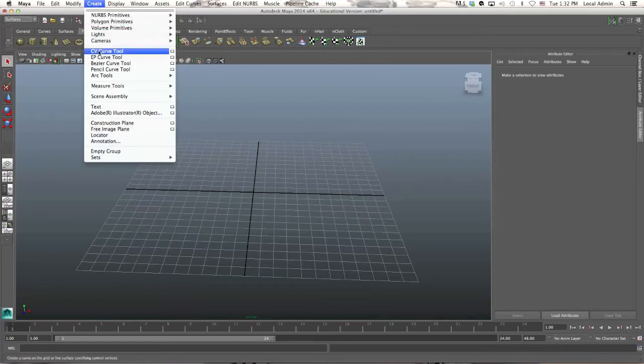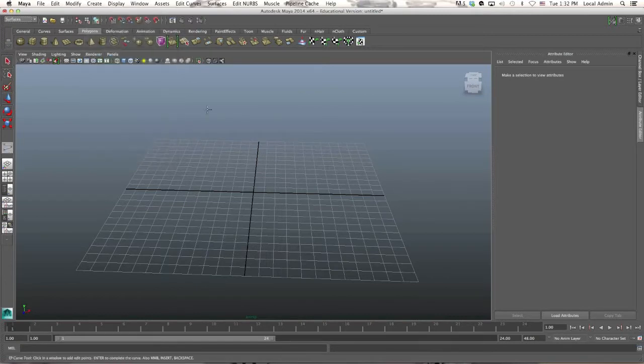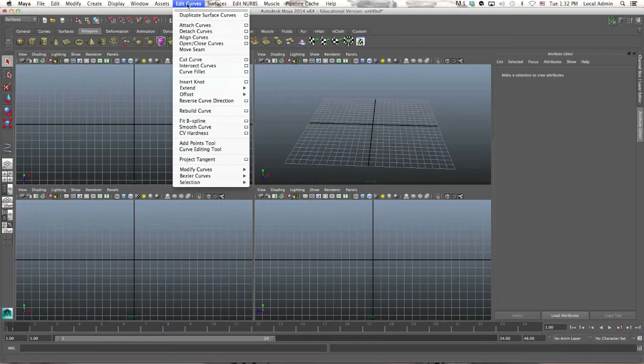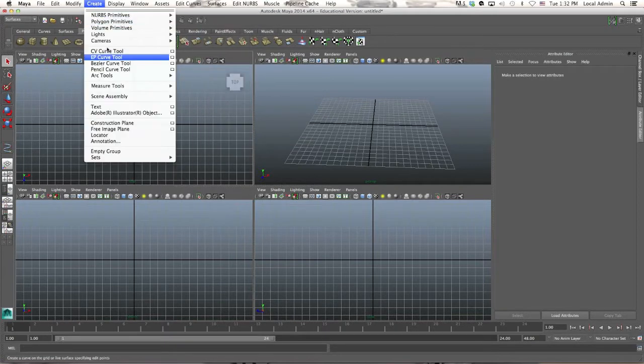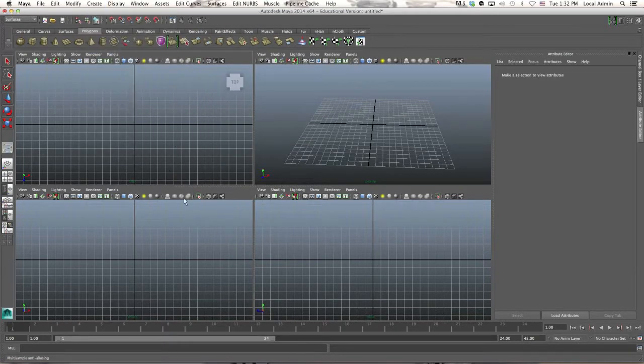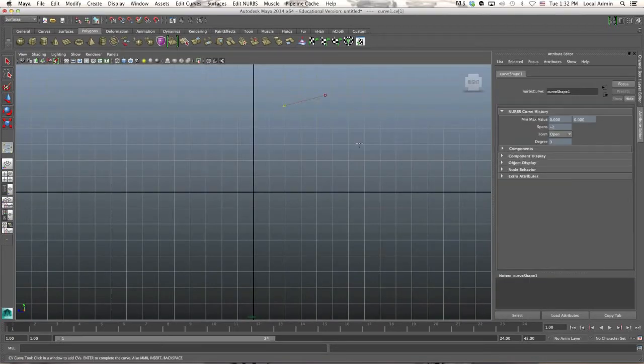So I'm going to click on Create, either CV or EP Curve tool. Play with both of them, see how they behave. And then I'm going to go to an orthographic view in here. Let's get to this orthographic view, create CV curve tool, and I'm going to be from the side, let's say, and I'm just going to click around randomly a little bit, and then now I've created a curve, and I'm going to take that curve and hit